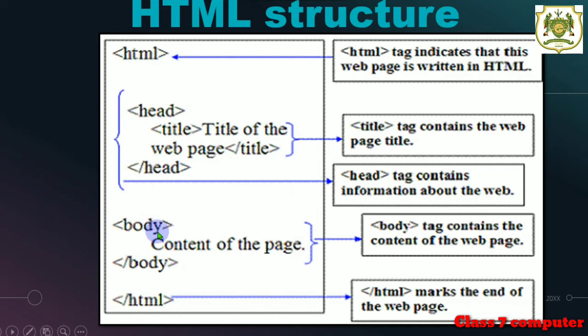The body tag is the tag which contains the main content of the web page which we are supposed to create. That means the body tag is the only tag where we can give the colors, the text, the paragraph, everything, whatever comes in the HTML web page comes inside the body tag only. And at the last, we are supposed to close the HTML tag with a slash sign. So this is all about the structure of the HTML document. Putting a slash means we are marking the end of the web page.